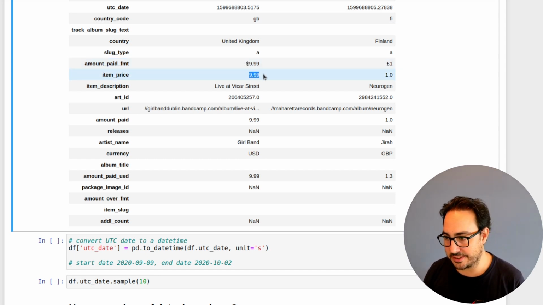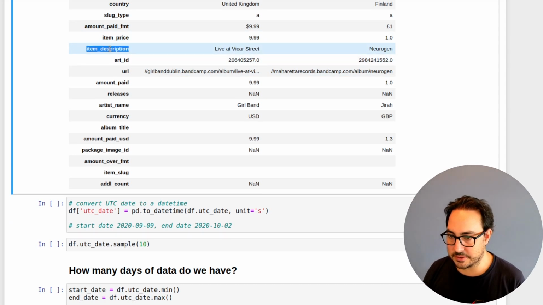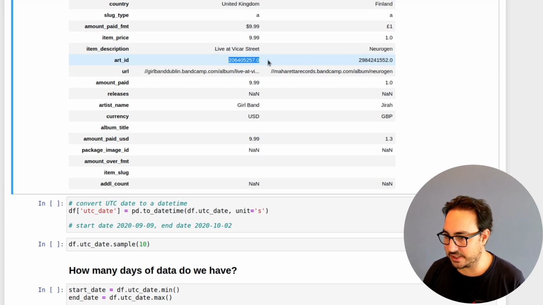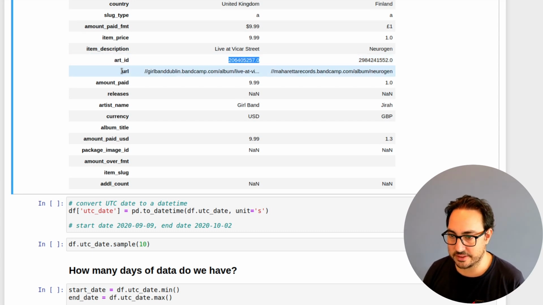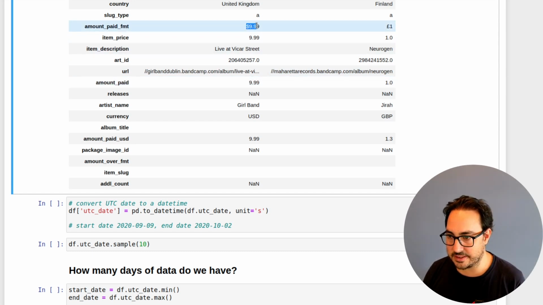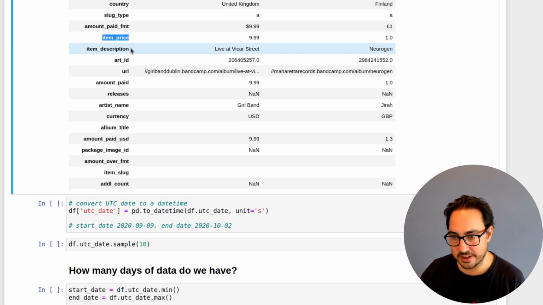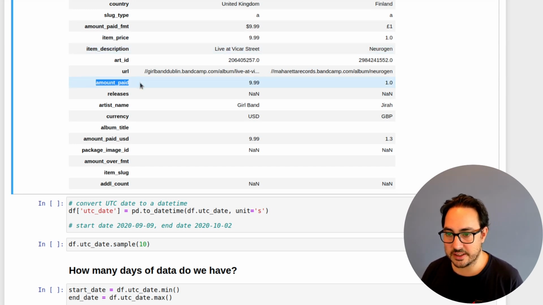This is without the sign, but some pre-processing was made here. Item description, article ID. I guess this should be an integer, but it doesn't matter. URL. This is kind of like the album, I guess. Amount paid. This is in the currency, right? It's the same as this, but without the sign. So it was pre-processed. Basically, the item price is the list price, and the amount paid is how much